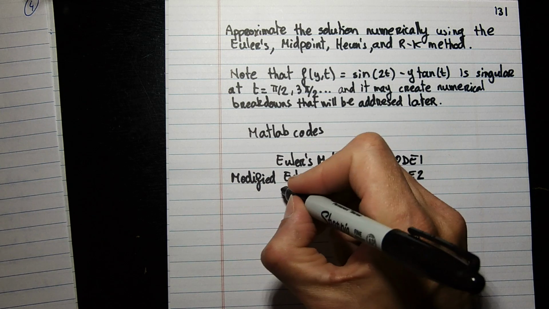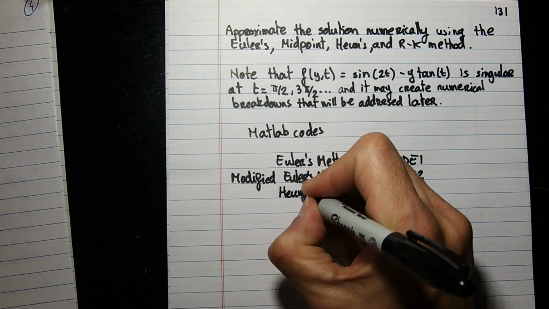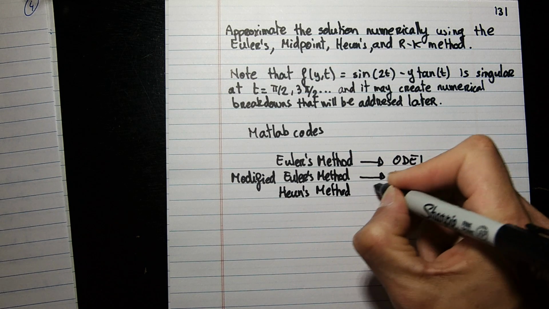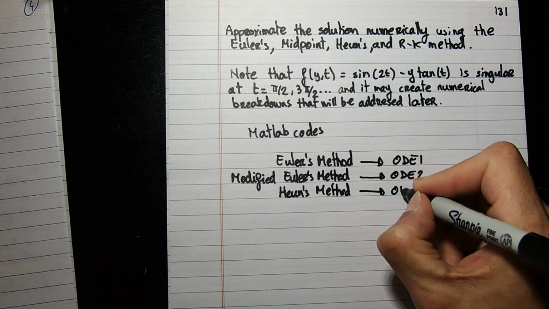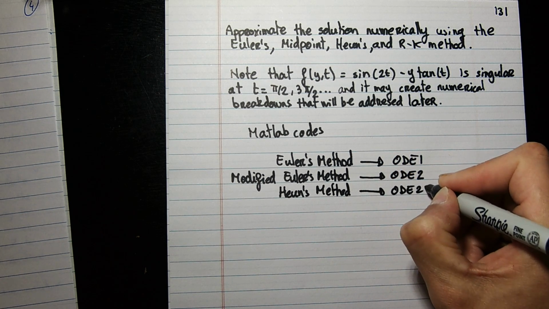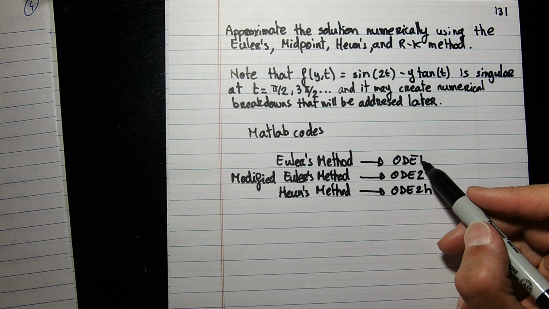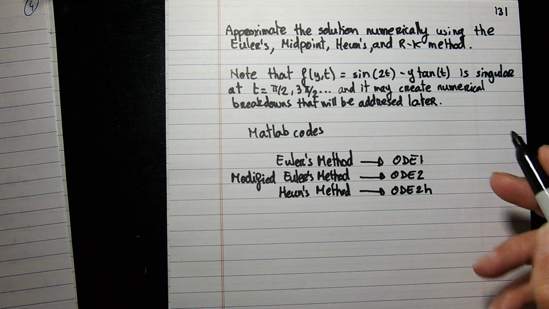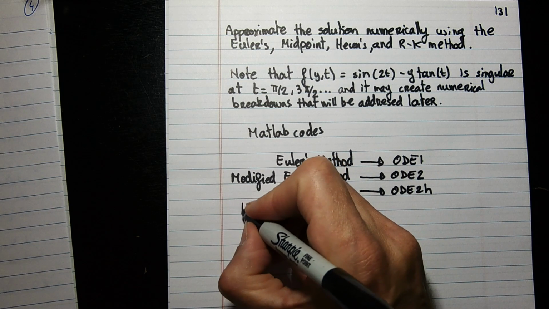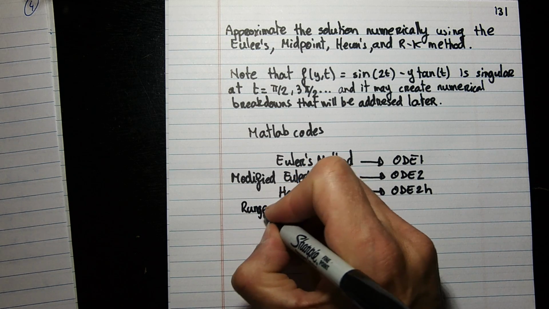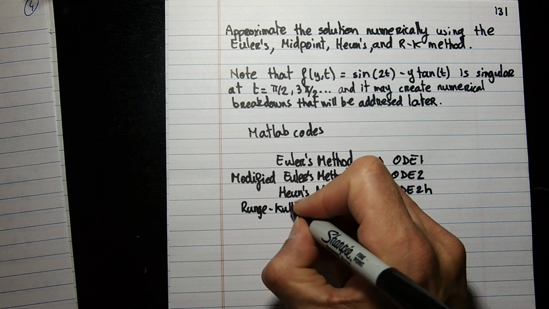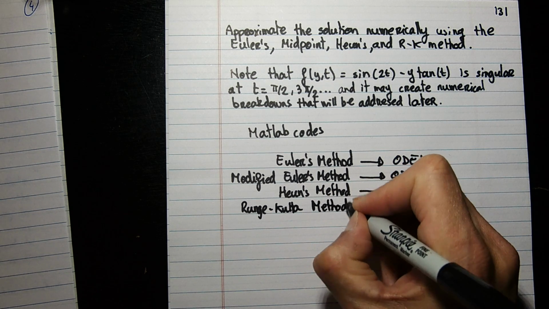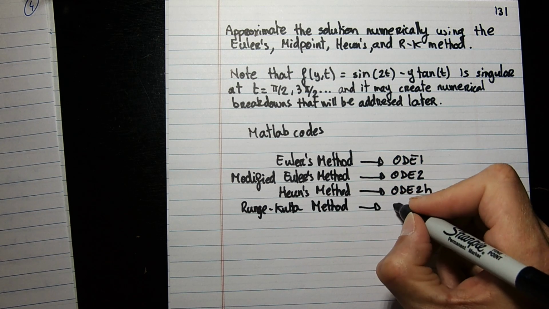Then Heun's method will be ODE2H. So basically the 1 means first order approximation, the 2 second order approximation, and this is also second order, the Heun's method. And at the end the Runge-Kutta approximation would be, as you can guess,